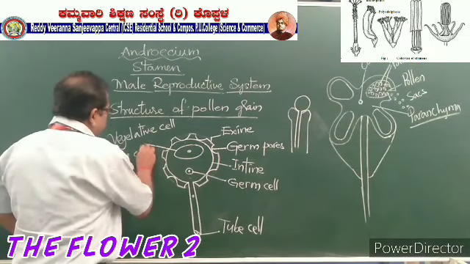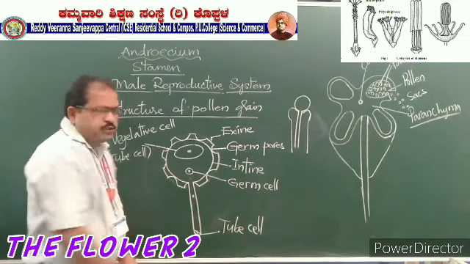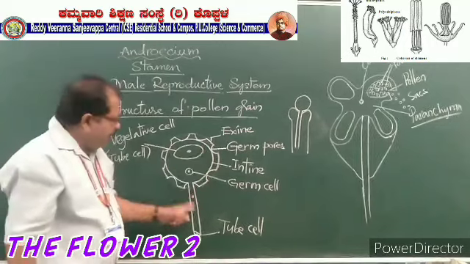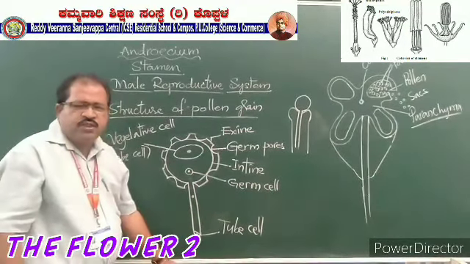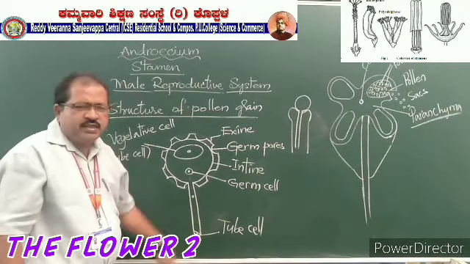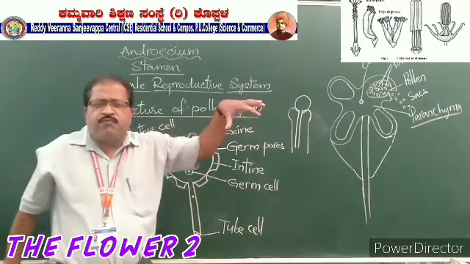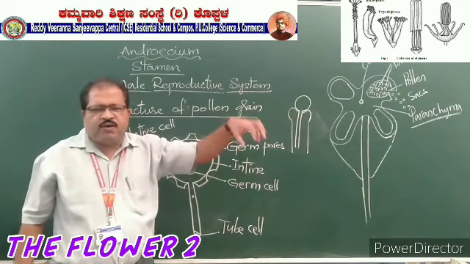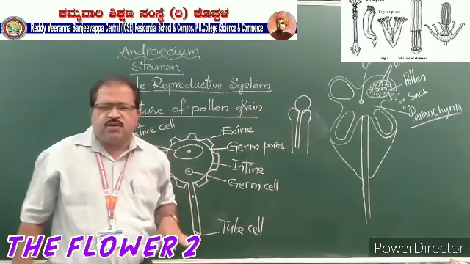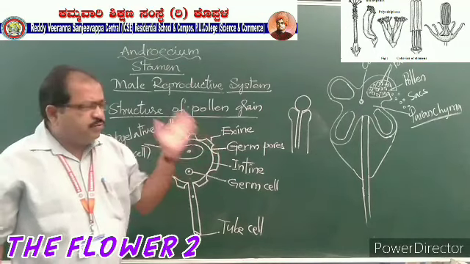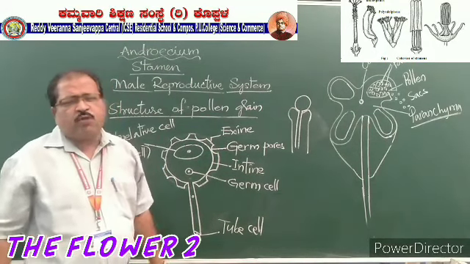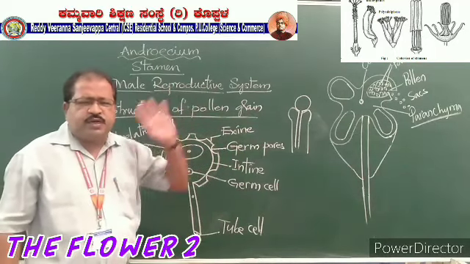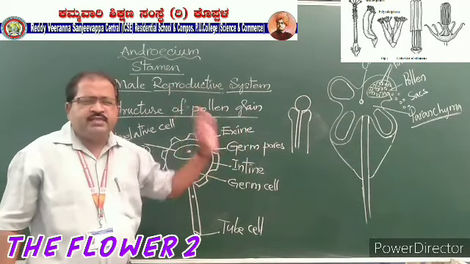And at the time of pollination, this tube cell will form the pollen tube with the help of this intine, and the germ cell will travel along this pollen tube and reach the ovary of the flower, that is the gynoecium, pistil. In the ovary of the flower, fertilization will take place. We will discuss that in the next topics, pollination and fertilization, in great detail.